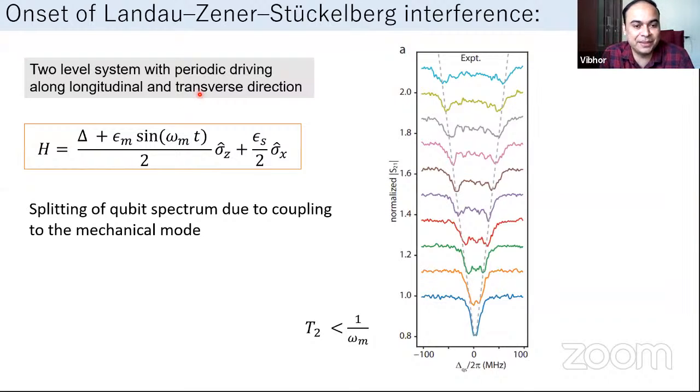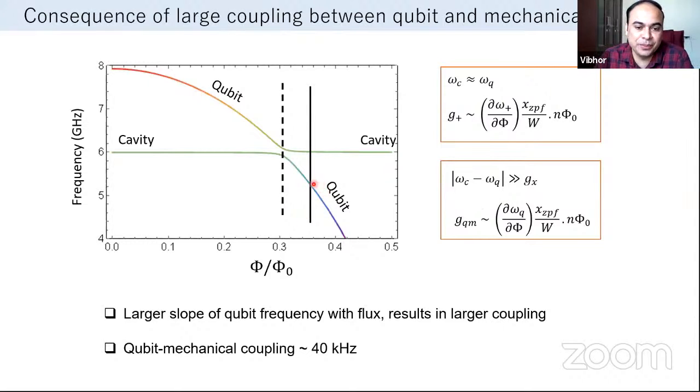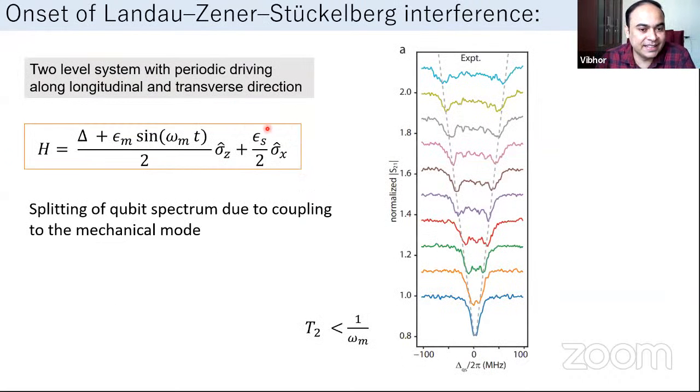So let me maybe spend a minute here to tell you what measurement you are looking at. Like I said on the previous slide, the qubit is detuned far away from the cavity, and we are performing a two-tone spectroscopy. In two-tone spectroscopy, we look at the cavity's transmission while driving a probe tone near the qubit frequency. Okay, so this probe tone necessarily causes Rabi flops between the ground and first excited states. So that shows up here, and the strength of the probe tone is ES.